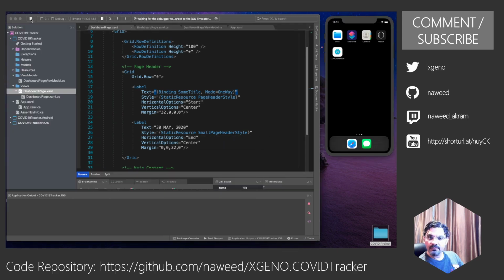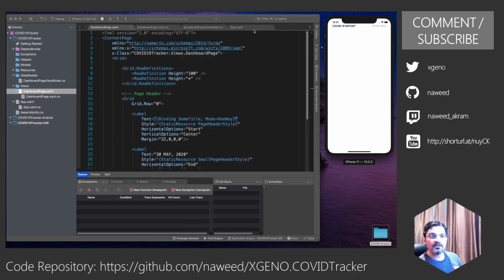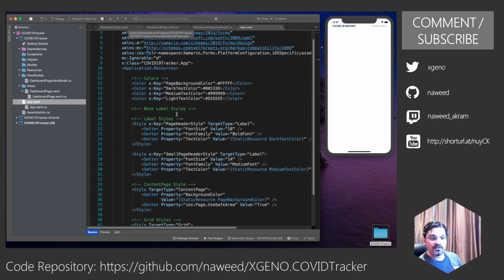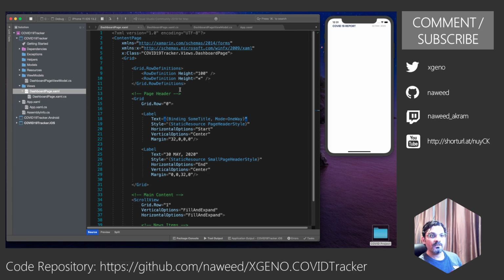Let me stop. Sometimes this happens. I have to run it multiple times. A couple of times there is some issue with the iOS simulator. So it is not applying the name says iOS specific, and in my content page I set use safe area is true. Grid.row label start vertical options is center.